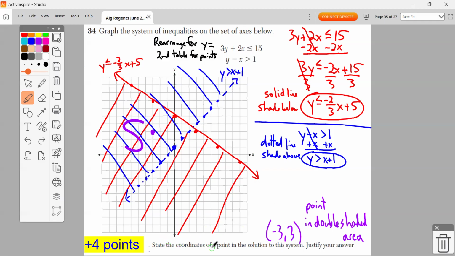They want to know, state the coordinates of a point in the solution set and justify your answer. I chose this point right here, over to -3, up to +3. You can choose any point in this double shaded area in here. You can't choose where they cross because this is a dotted line. Remember, points on the dotted line are not in the solution set. Points on the solid line would be, but not on the dotted line. So why is it a point? It is in the double shaded area. 1 credit for graphing it right, 1 credit for graphing it right, 1 credit for a point, 1 credit for